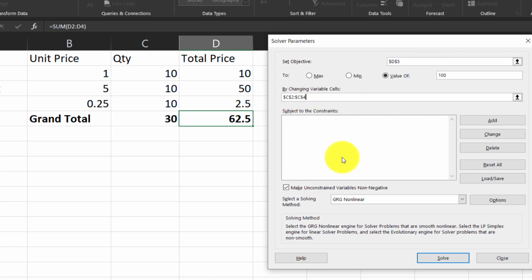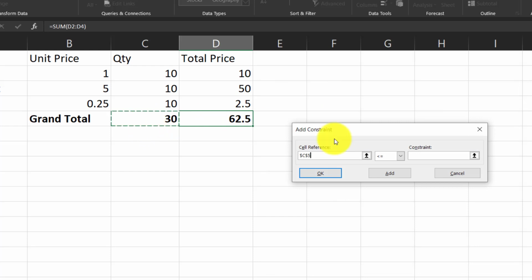Now, let us apply the conditions, that is, limitations or constraints within which the problem needs to be solved. First, the total quantity has to be 100. So, click on the Add button. Pick the cell and define its value equal to 100.